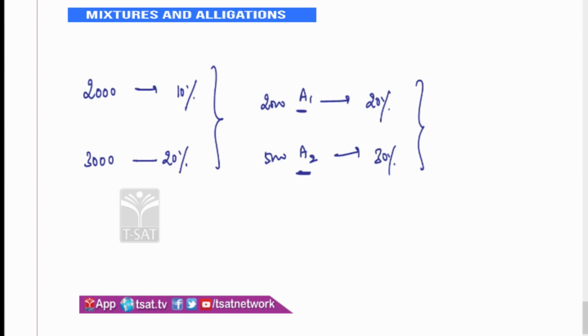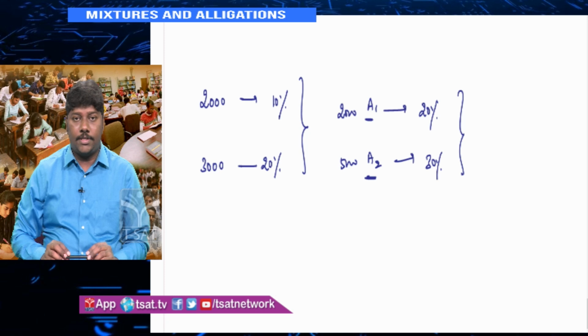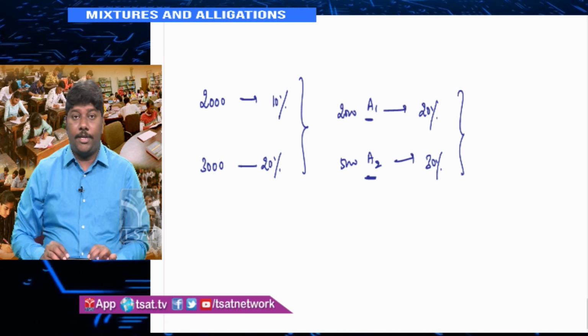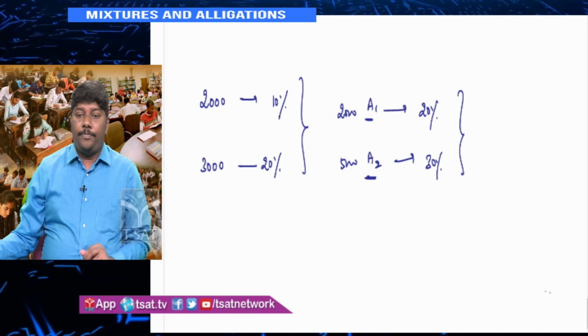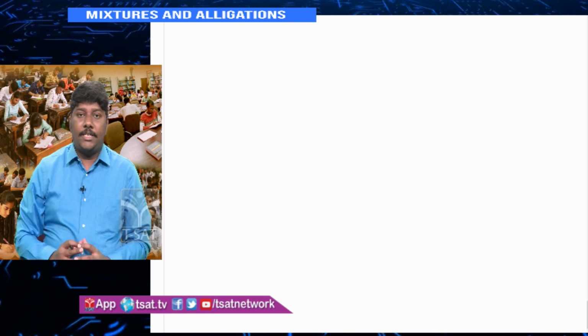Instead of buying, let's say you are selling an article. Cost prices are 2000 and 5000. Upon the first one you are getting 20% profit, second one you are getting 30% profit. Overall how much are you getting? If I ask you like this, then it will always be (N1A1 + N2A2) / (N1 + N2). So mixtures and alligation are not related only to mixtures. It can also be used in averages, percentages, profit and loss, and ratio and proportions, sometimes in the case of simple and compound interest also.